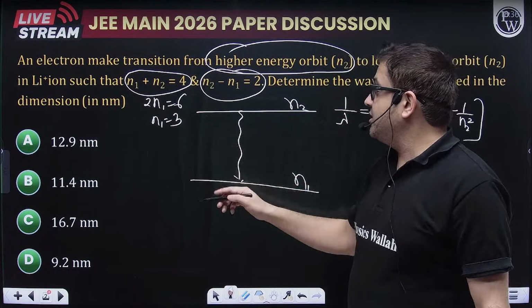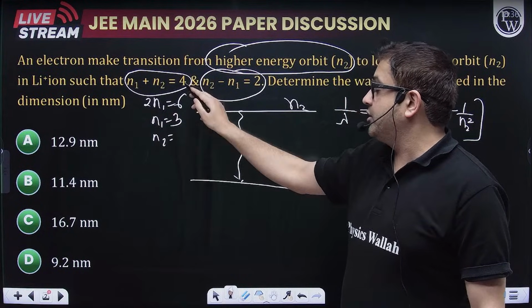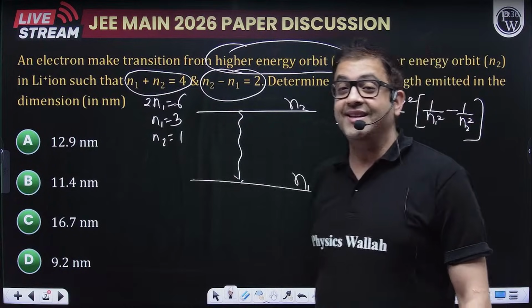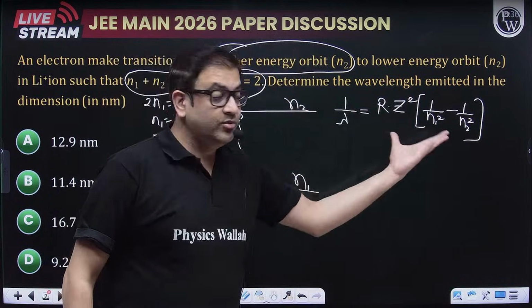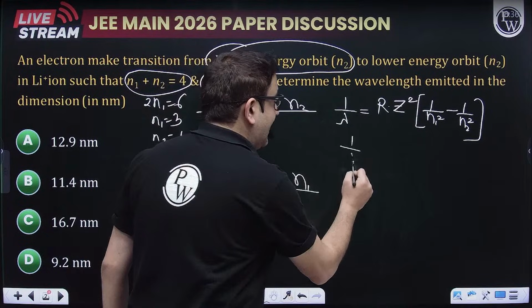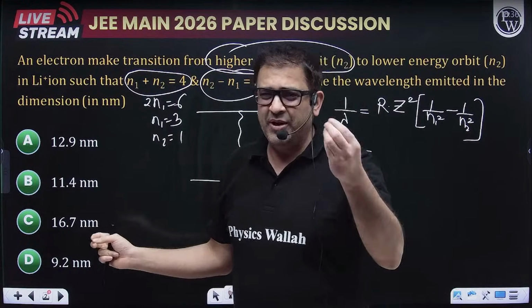So if n1 is equal to 3, just put it in any of the equations, you will see n2 is equal to, let's say over here, 4 minus 3 is 1. So transition is from 1 to 3. Okay, so 1 to 3. That means 1 upon lambda is nothing but